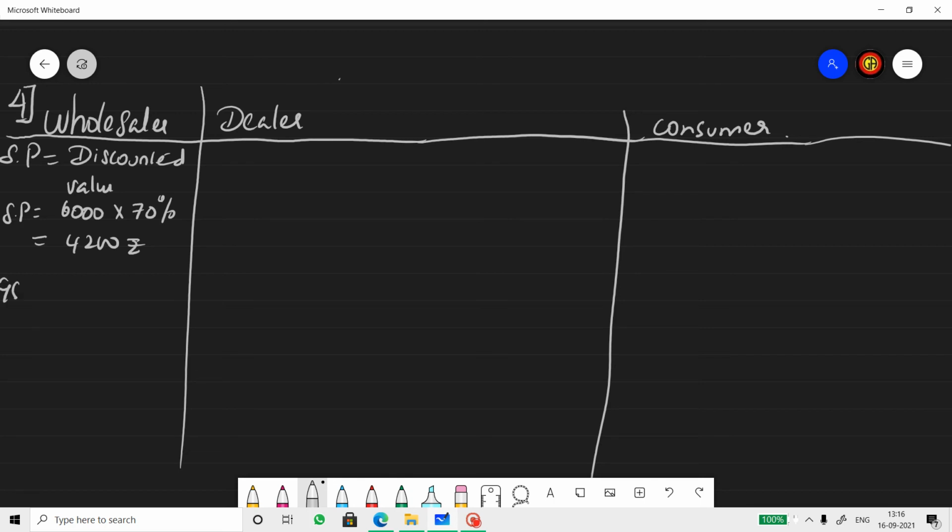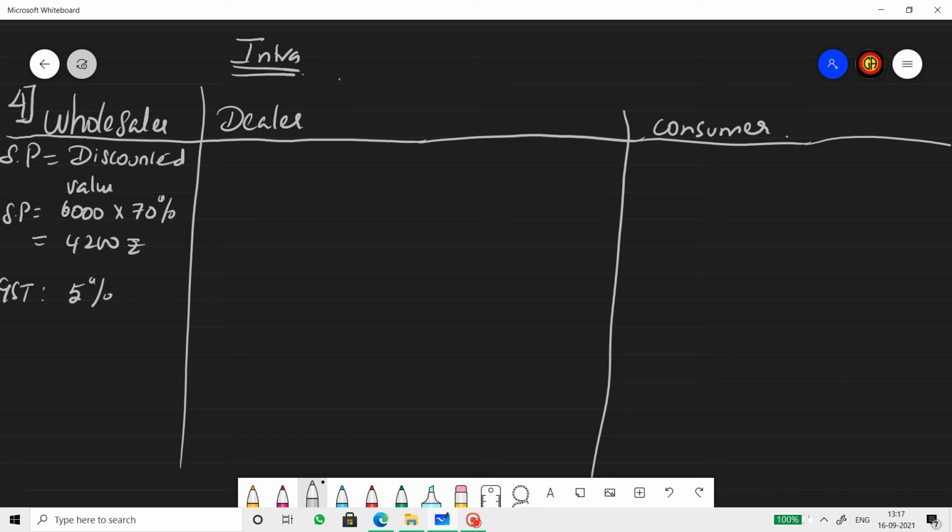The GST rate is given as 5% in the question. As we all know, this is also intra-state, within the state, so half will go to the state government and half will go to the central government. What is half of 5%? 2.5%, isn't it? Instead of 2.5, let's keep it as 5 by 2. 2.5 can even be written as 5 divided by 2, right?